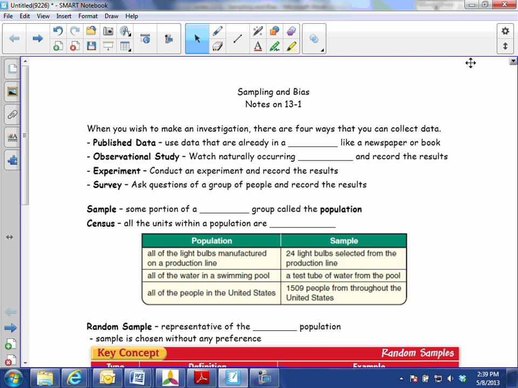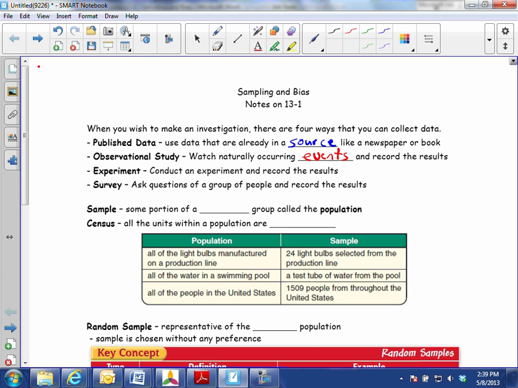First, you can look at published data. That's already in a source, like in a newspaper or a book. So something that's already been done. They already did the legwork and collected all the numbers for you, then you just do the work. Observational studies: watching naturally occurring events